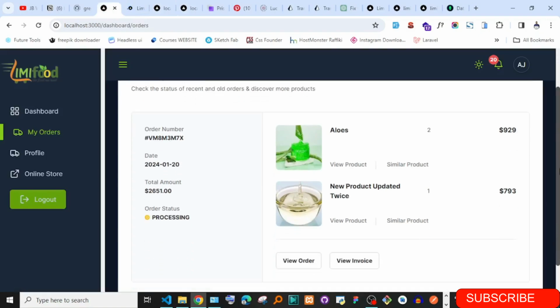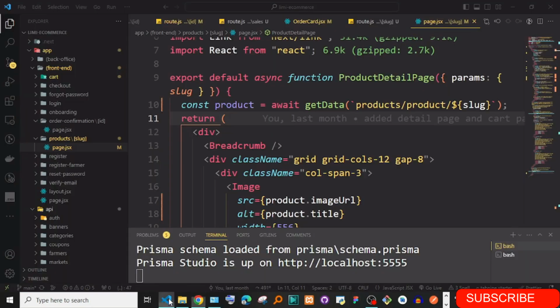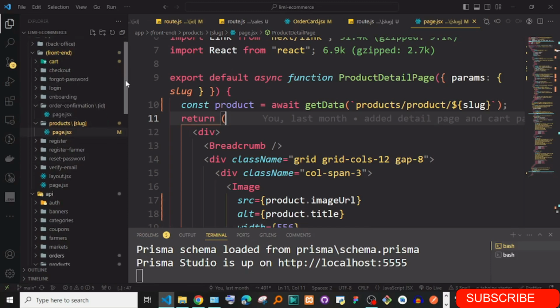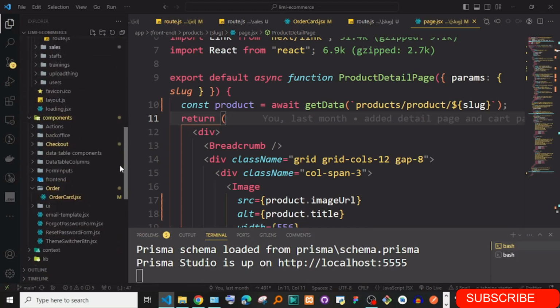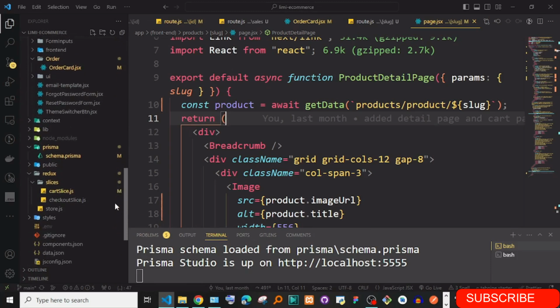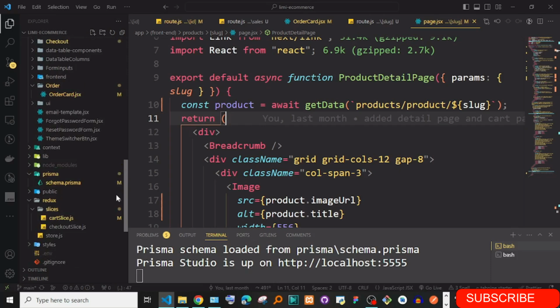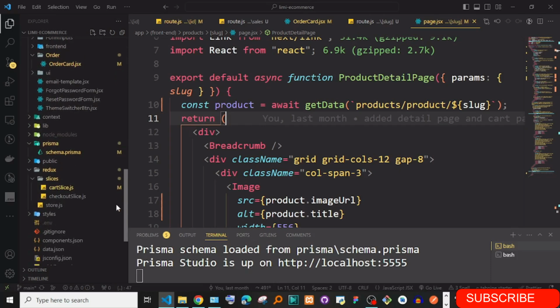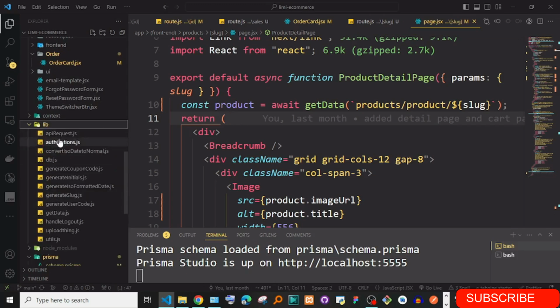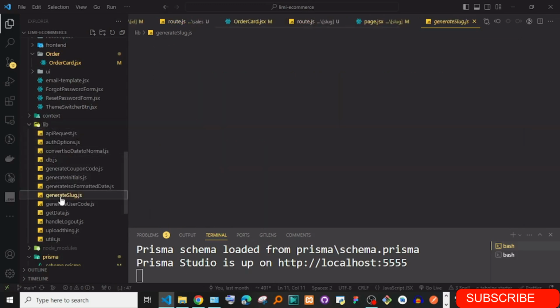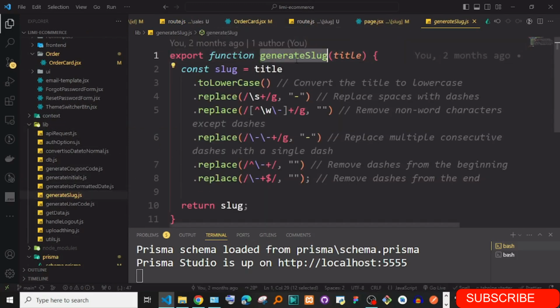So for this case here, we shall have to fetch, I think send the slug for this, or since we have the title, we could generate the slug. Yeah, I think we could generate the slug from the title, since I think we have the generate slug function. Do we have that generate slug function? Where is the lib folder? We have the generate slug function here, and this is the one we are using,